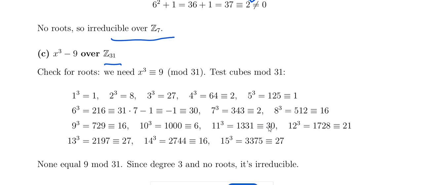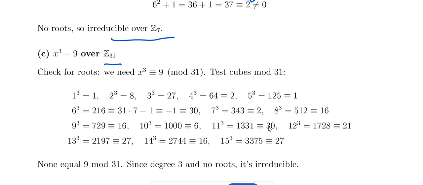We have to see which gives 9, that is the 5 cube and 6 cube. We can also apply a shortcut method. 5 cube is 125 modulo 31. 6 cube is 216, we can express 31 as 7 minus 1, that is minus 1 modulo 30,